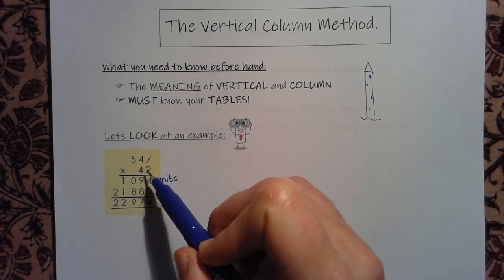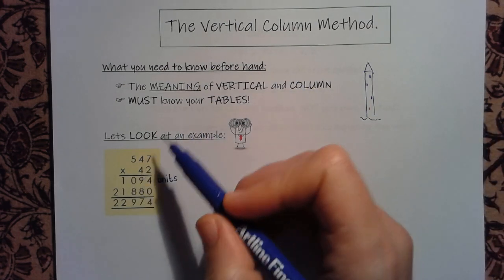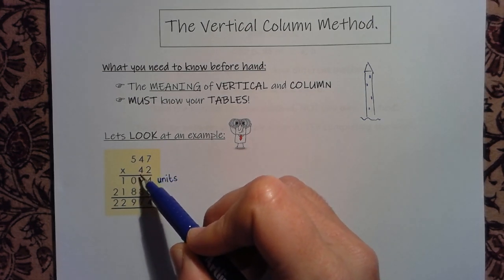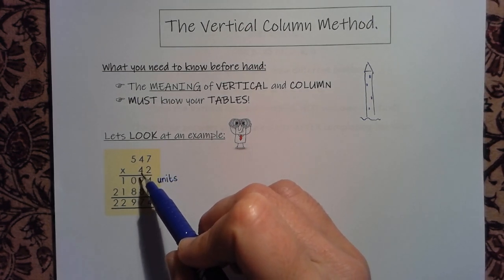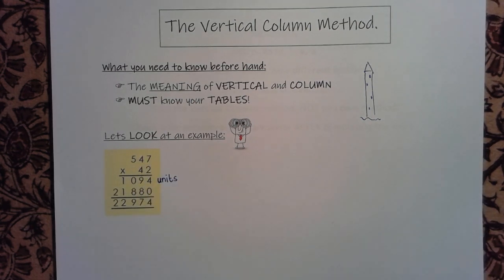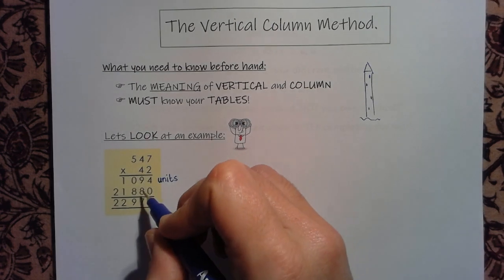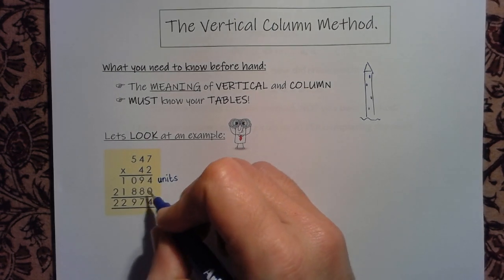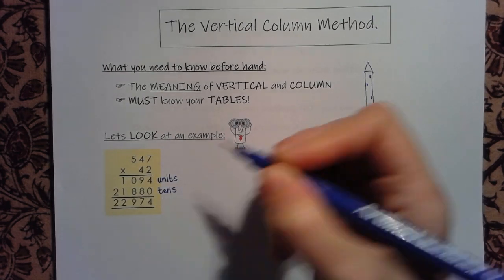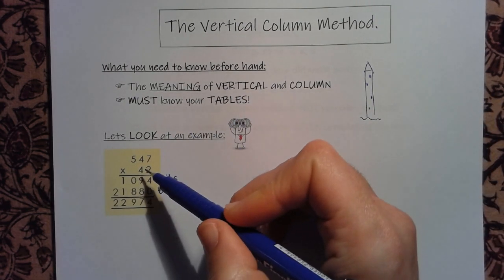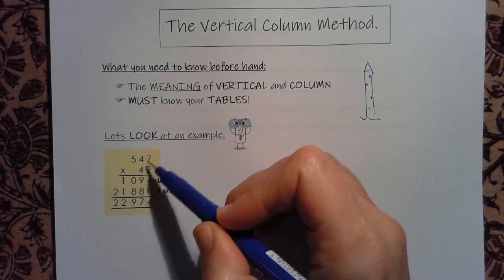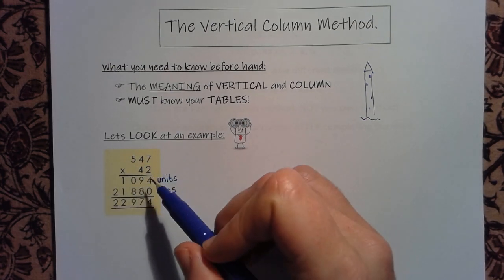Then when we're done multiplying the digits with a 2, we're going to multiply with that 4. But in actual fact, the 4 is actually 40. So that means that the number multiplies with the tens. So the second answer here refers to the tens. And then you need to remember that when we are multiplying with the tens or the hundreds or the thousands,